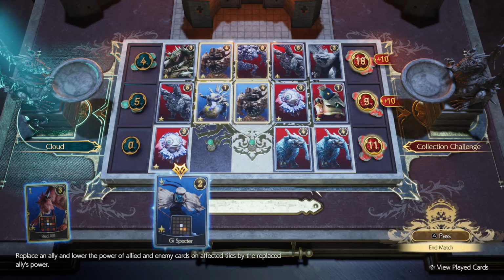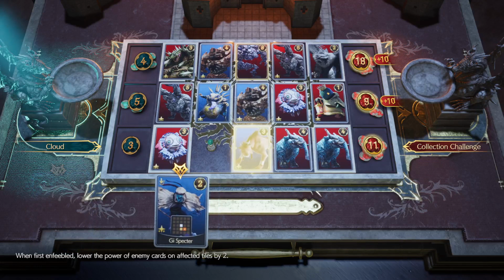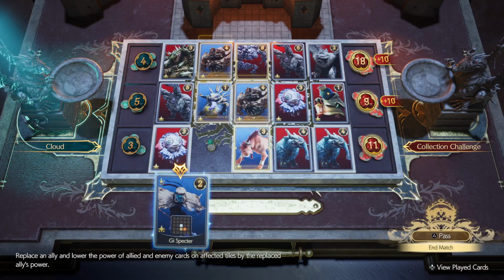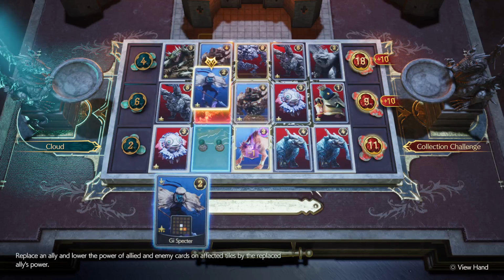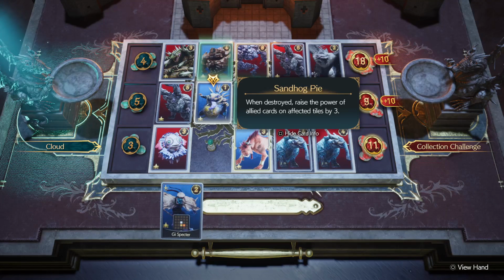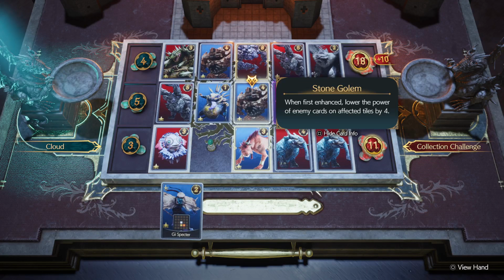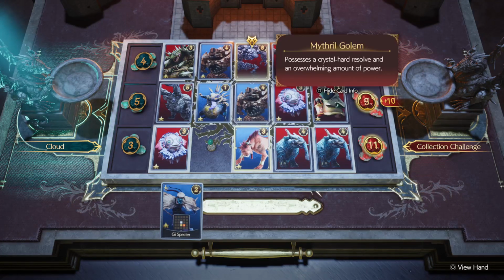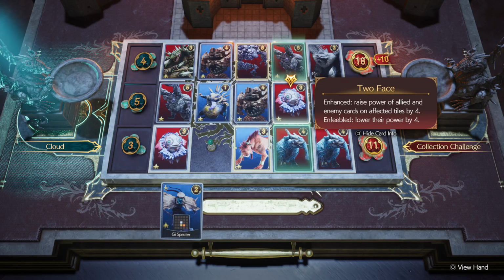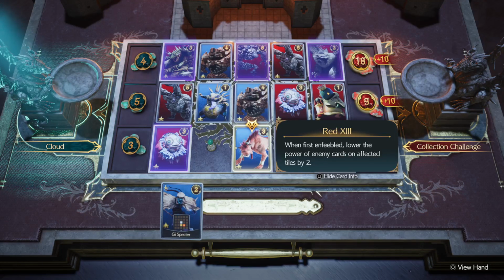So for the Geese Spectre, I'm going to replace the Sandhog with it. And then it will lower whatever is in this spot here, which will make red. So when I put the Geese Spectre down here, it will kill the Sandhog, which will buff the Stone Golems, which will then enfeeble the Mithril Golem and Two-Face, which will then enfeeble those two there. The Geese Spectre will also enfeeble red, which will enfeeble...